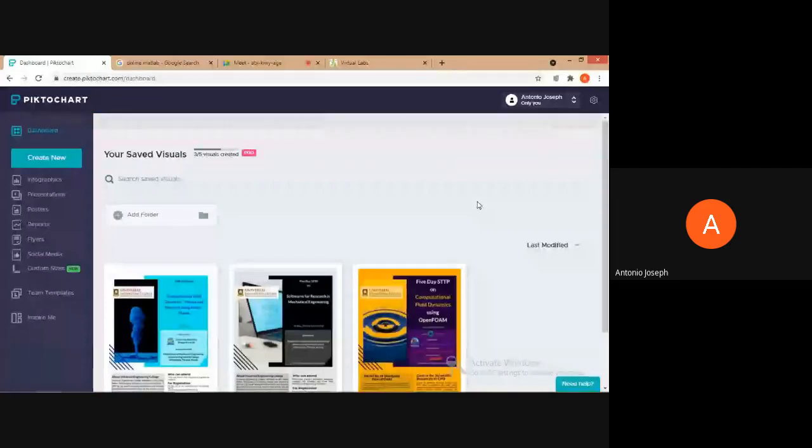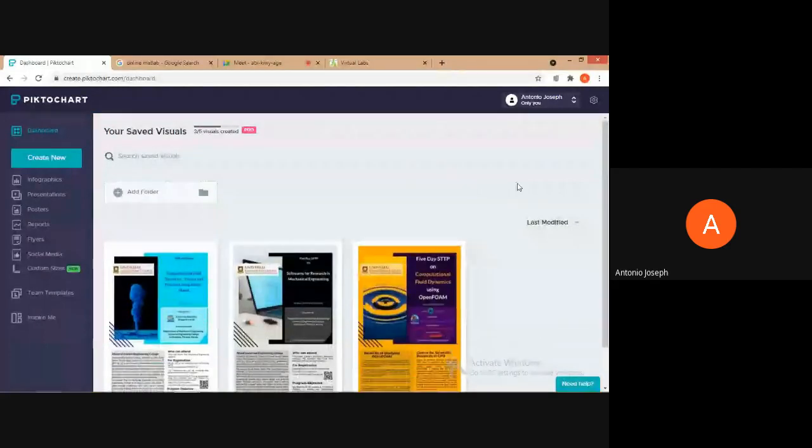Okay, so this is a free version of PictoChart, and the major problem is that they will allow only 5 visuals to be saved in the dashboard. So that's a major disadvantage with this free version. After these 5 visuals, we need to download the visuals that we are creating, so that editing will not be possible.